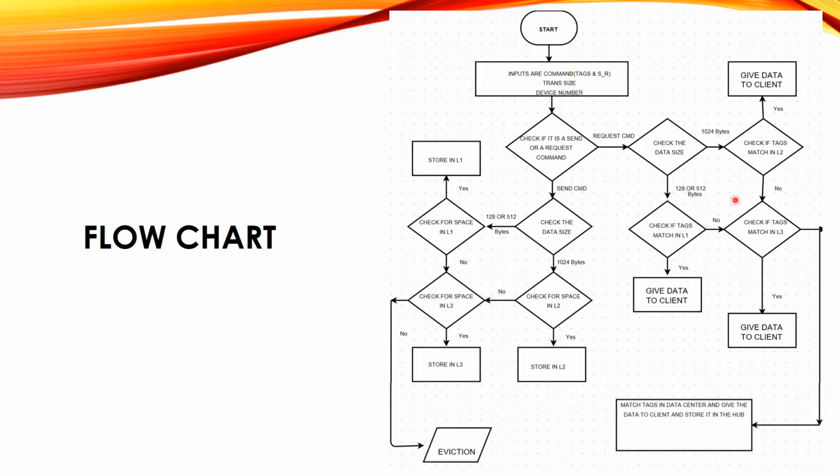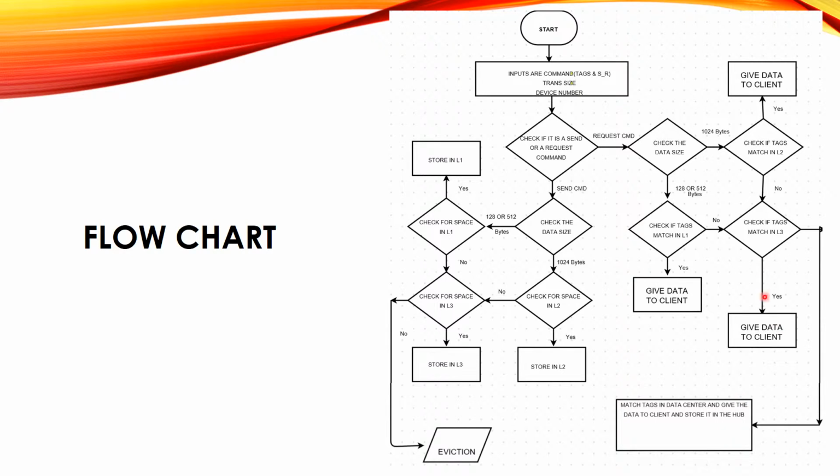If the tag doesn't match, it will check for the data tag in L3. If the tag matches in L3, the data will be given out to the client. If the tag doesn't match in L3, then the eviction algorithm will be implemented. During this eviction algorithm, data will be taken out from the data center, stored in the hub, and given out